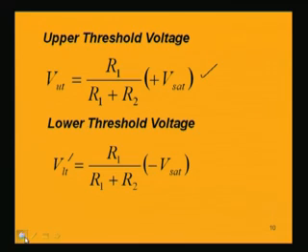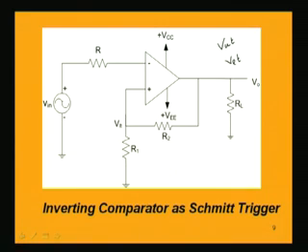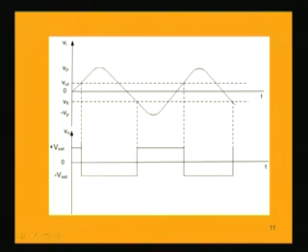So, the moment V in is higher than VUT, here this is VUT, this is VLT, and the voltage magnitudes will be equal because V saturation and minus V saturation are equal, and R1 and R2 are the same resistive network we are